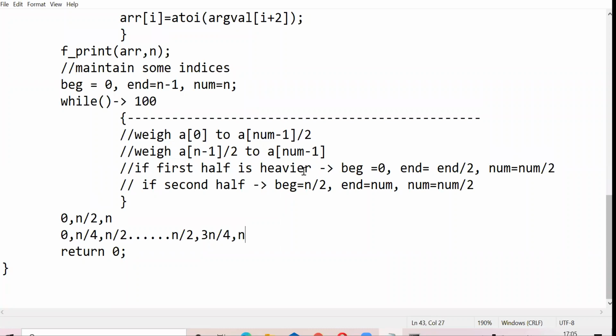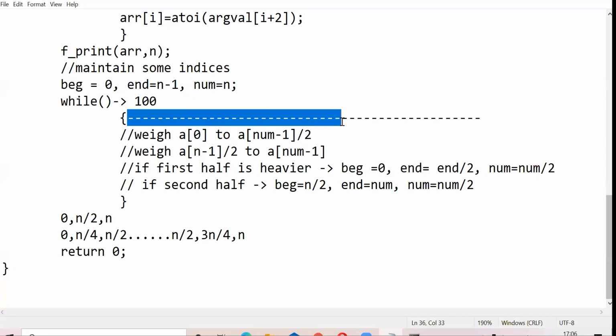Anything else? Yes, Priyanka, you'll have to have all these inside your while loop only. If you want to visualize it, you know what this while loop is doing.